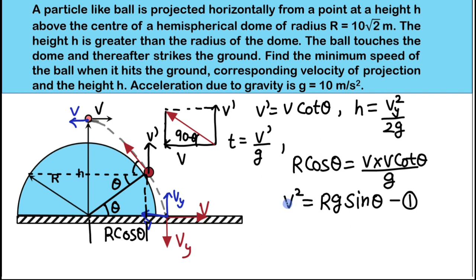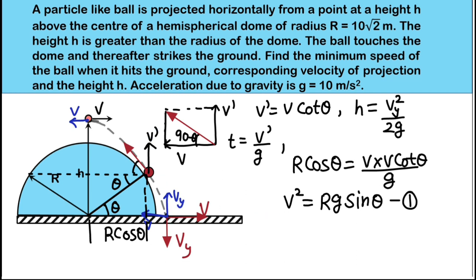So from equation number 1, we are determining this value here. Somehow I want to write the equation of this final velocity that will be resultant of this V and Vy, right? So I want to determine V and Vy in terms of only one variable, and that variable I'm trying to get it in terms of theta, right? So V part is determined, right, in terms of theta. Now I should focus on getting the value of Vy in terms of theta, right? So here, from the starting point to this point here, in the vertical direction, the final velocity is V dash, initial velocity is Vy.